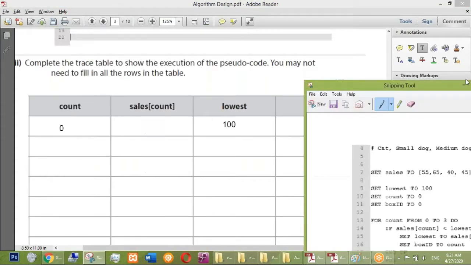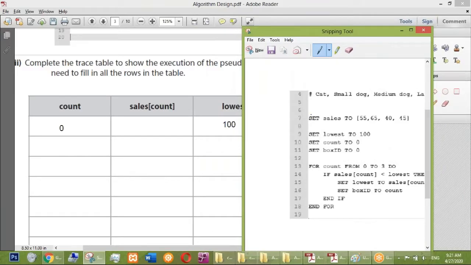The reason we don't fill this is because we are going from top to bottom. Lowest is fine, count is fine, box ID is fine, but we haven't come into the loop yet. So sales count is not there yet,